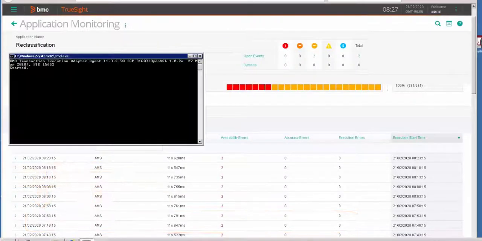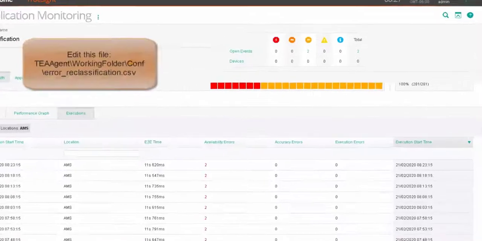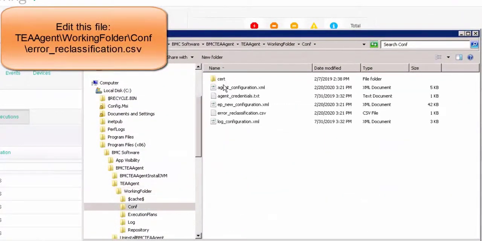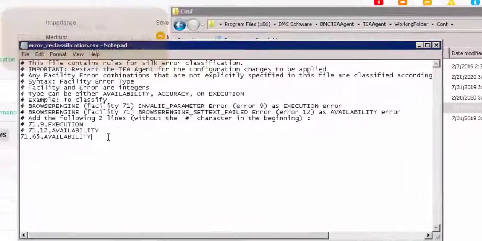Back on the T-agent server, you will need to stop the T-agent. If you are running the agent as a service, then this will need to be done via the Service Manager screen. Our agent is running as a process, so we simply need to close the command prompt window to stop the agent. Once the agent is stopped, locate the error reclassification.csv file located under the comp folder and edit it